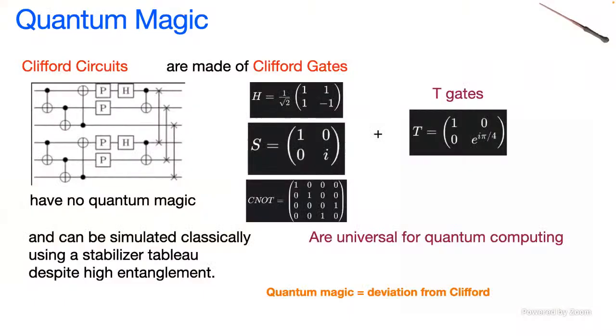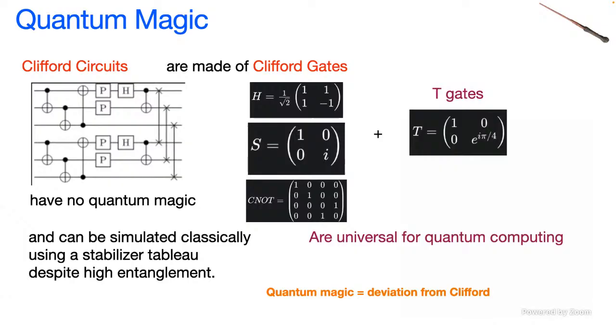All right, let me tell you what quantum magic is. We've all learned that the thing quantum computers are good at is they build up entanglement. That's one of the things that give quantum computers their power. If they're not entangled, they have no power in simulation classically. There's another quantity that someone smartly named quantum magic, which wasn't me. And that quantity is essentially deviation from Clifford.